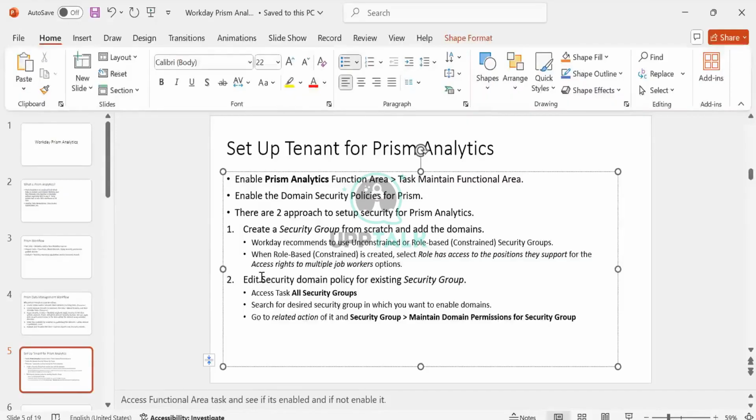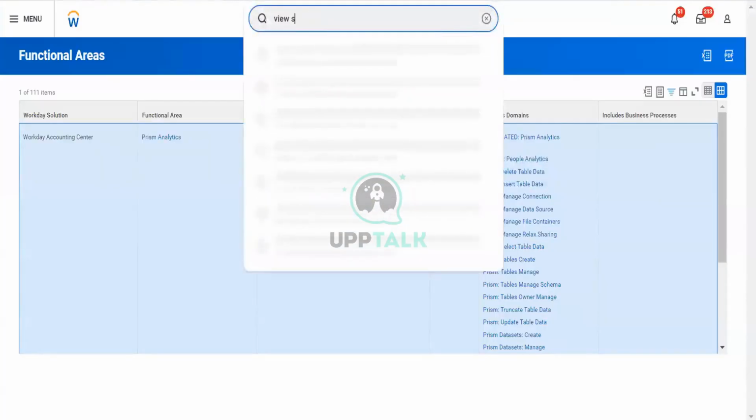What Workday recommends is to use the unconstrained security group or role-based constrained security groups for the Prism configuration. And when the role-based security group, constrained, is created, it is important to select role access. The second option, we need to select that role access. First, let's cover what Workday recommends, constrained and unconstrained. If you have an idea of what security groups are, I will walk you through it so you have a better